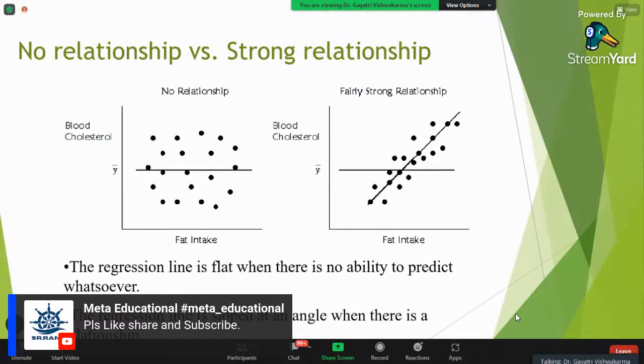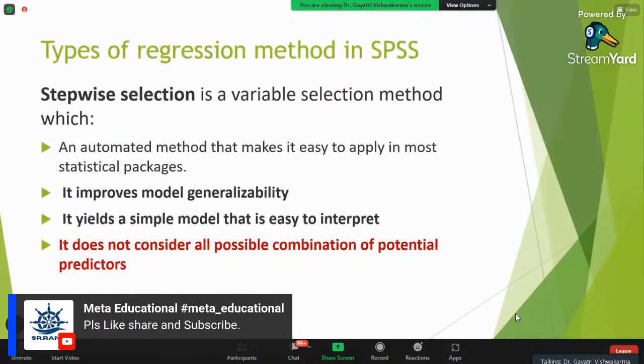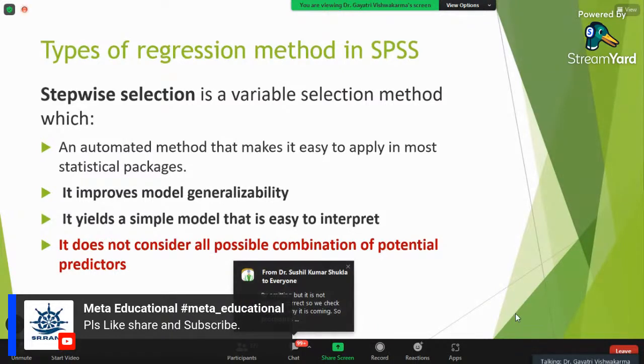So, types of regression methods in SPSS, which we are going to start now, the SPSS session. Before going to the hands-on, I want to highlight some of the methods. We have decided the dependent variable and the independent variables, and I am saying variables because we have a lot of independent variables.